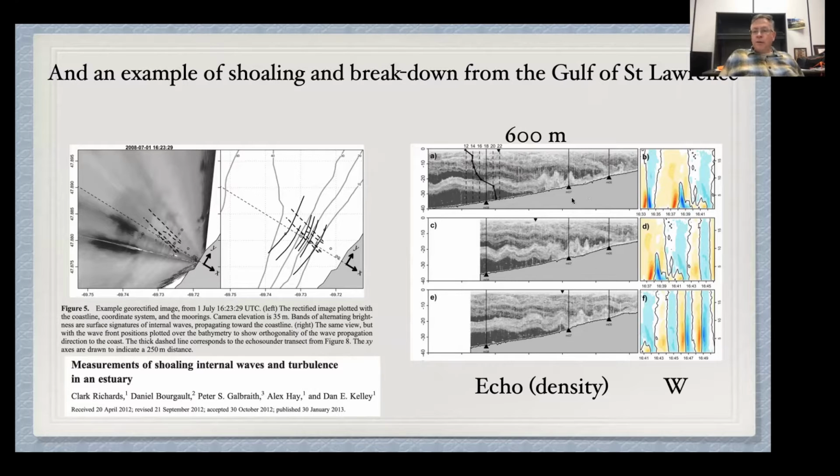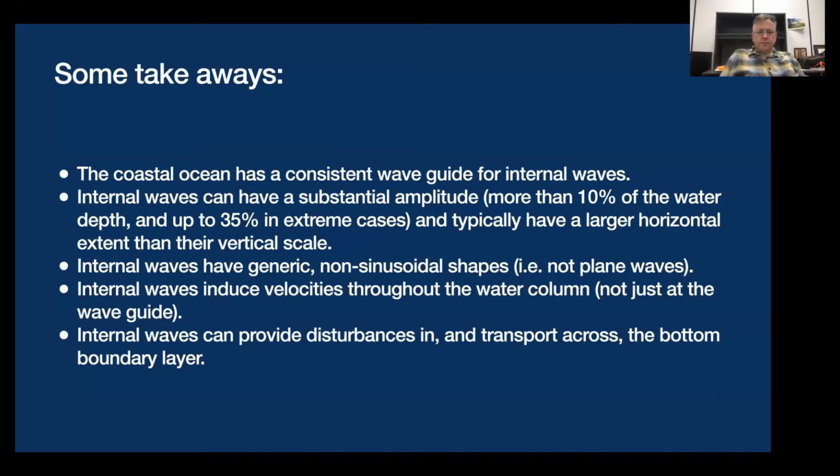And so as this happens, right, all sorts of complicated and interesting things occur. And some of these are, in fact, dissipative, right? You get a lot of local turbulence generation, some cross-boundary layer transport, sediment transport, and all that kind of good stuff. I'm going to get back to a figure from this paper later. So some takeaways,